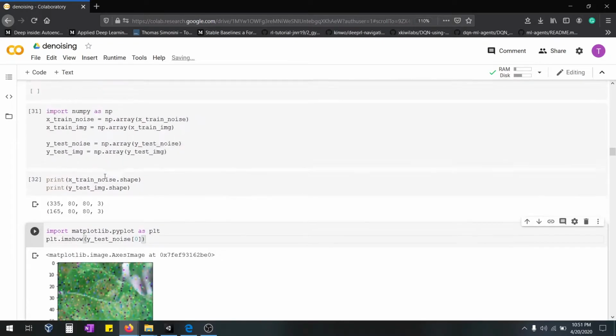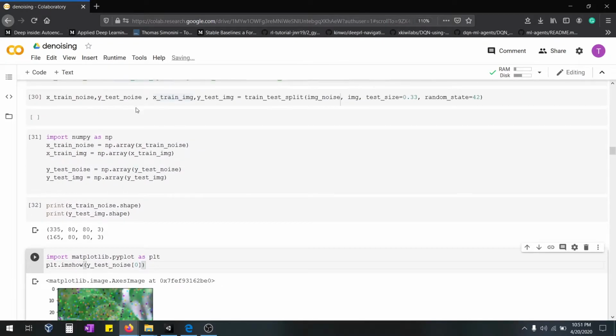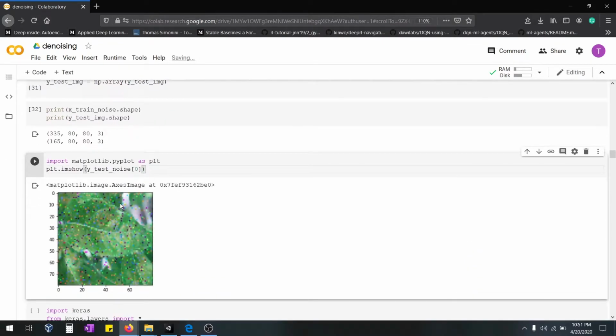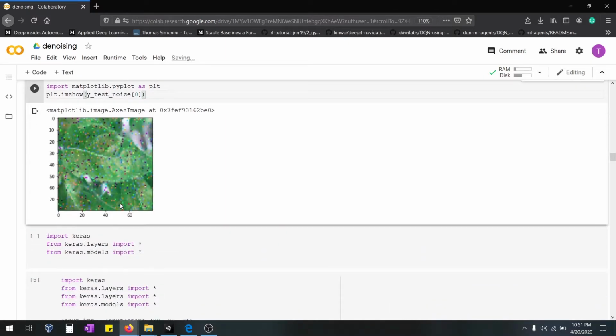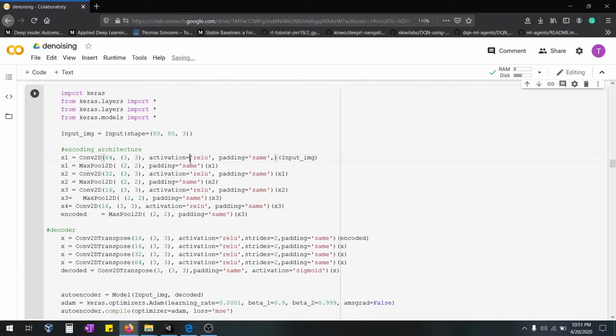When we're splitting, you might change the variables, so check whether it's a noisy image or a raw image.